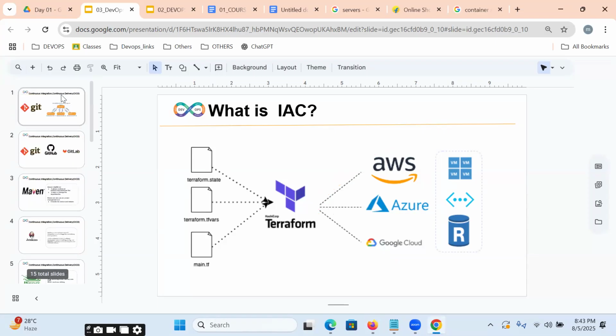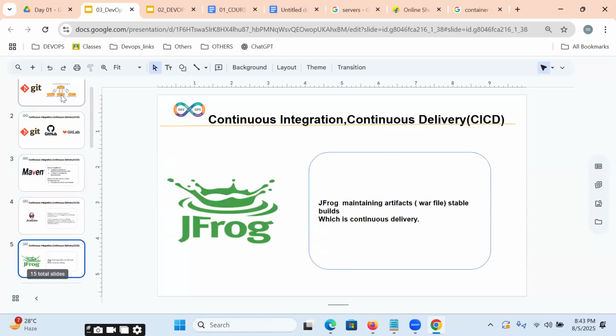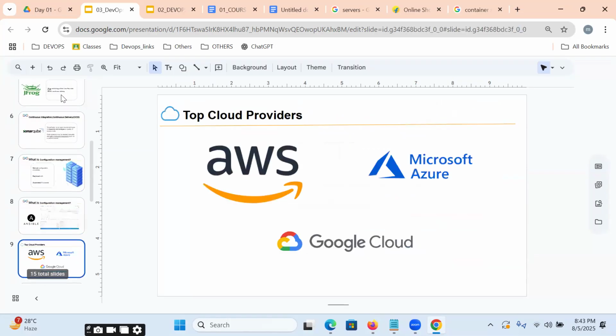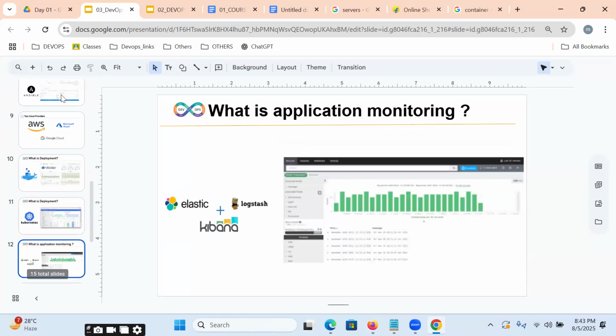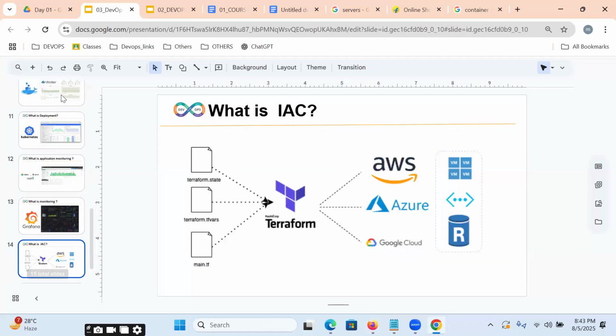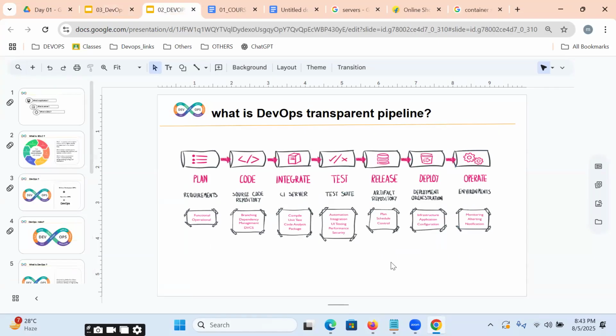So with the help of Git, Maven, Jenkins, JFrog, SonarQube, Ansible, AWS, Azure, Docker, Kubernetes, ELK, Grafana, and Terraform, we are going to implement an automated DevOps pipeline.